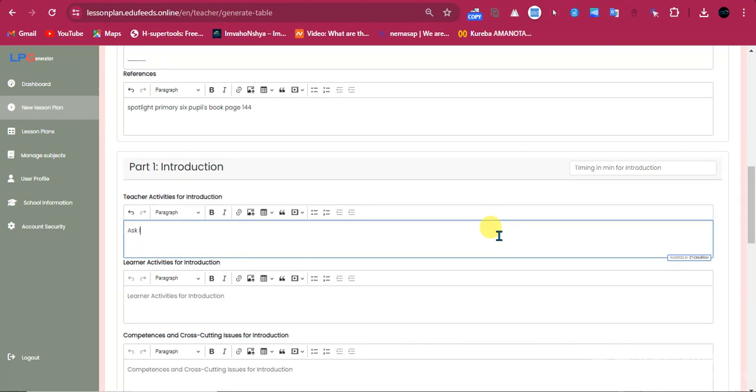For example, ask learners randomly about the previous lesson learned, called sexual and asexual reproduction in plants.